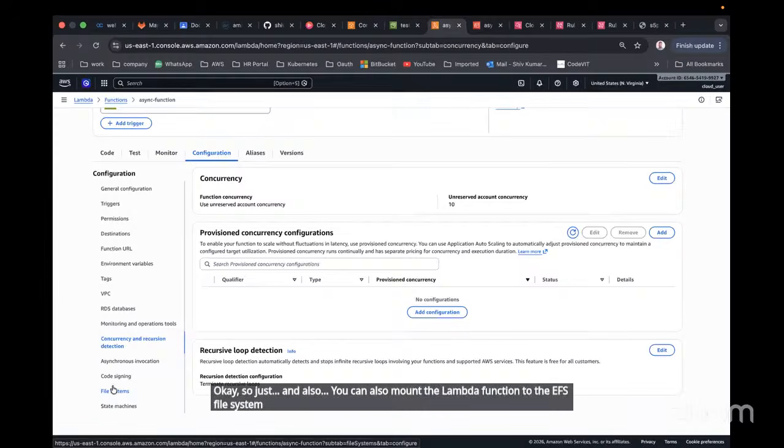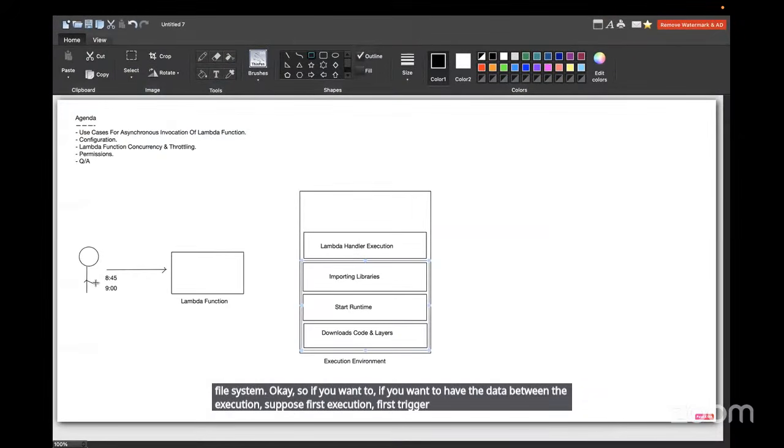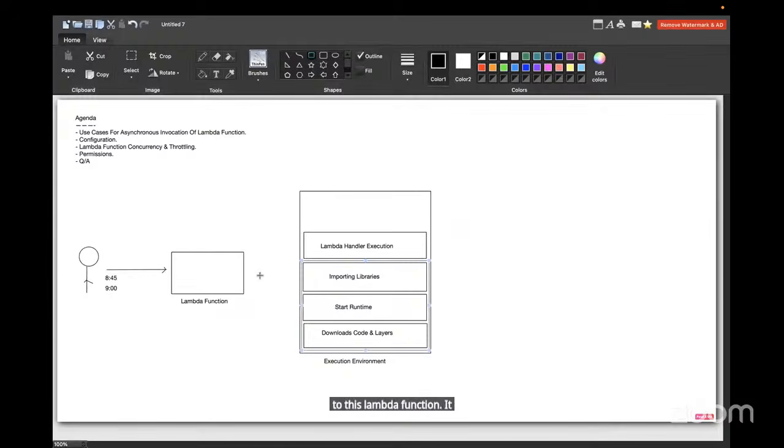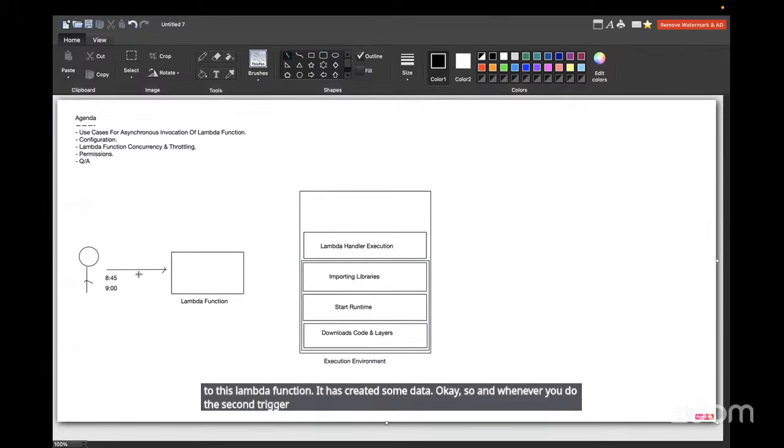If you want to keep data between executions, suppose the first trigger has happened to this lambda function and it has created some data, and whenever you do the second trigger you want the data created by the first trigger,